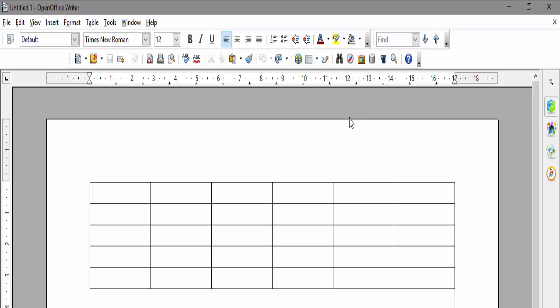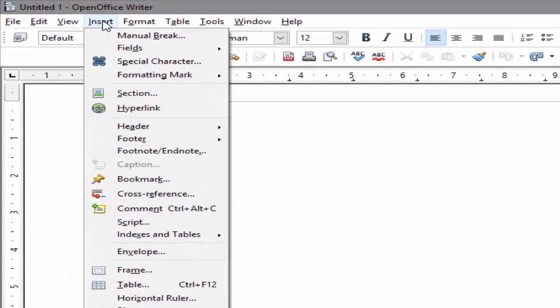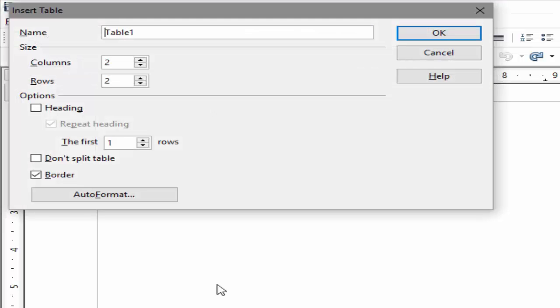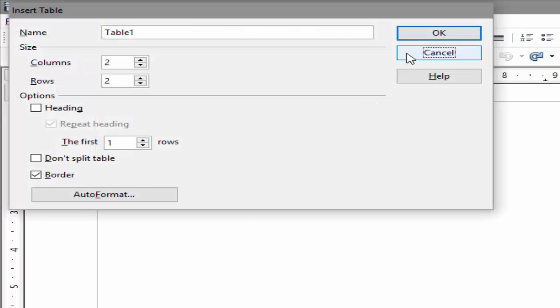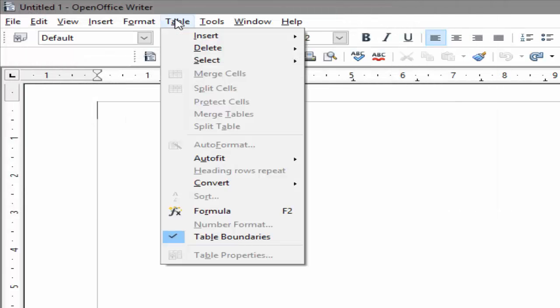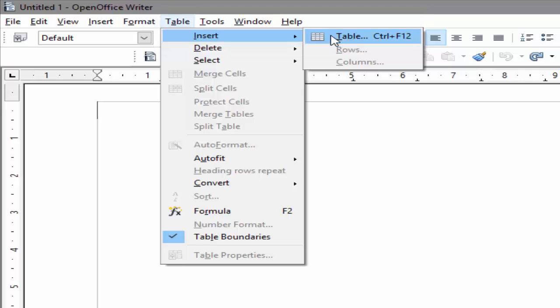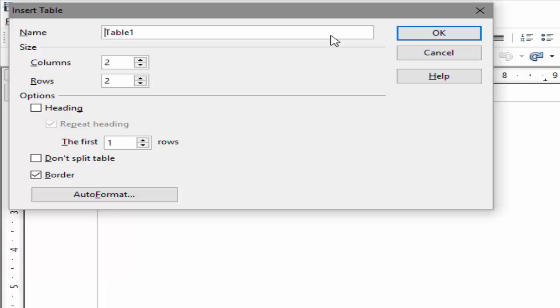If you select insert menu and table option or table menu, insert option and again table sub option, then insert table dialog box will appear. Give a suitable name to a table. Here in this case, I have to enter the marks of the children obtained in the first unit test.